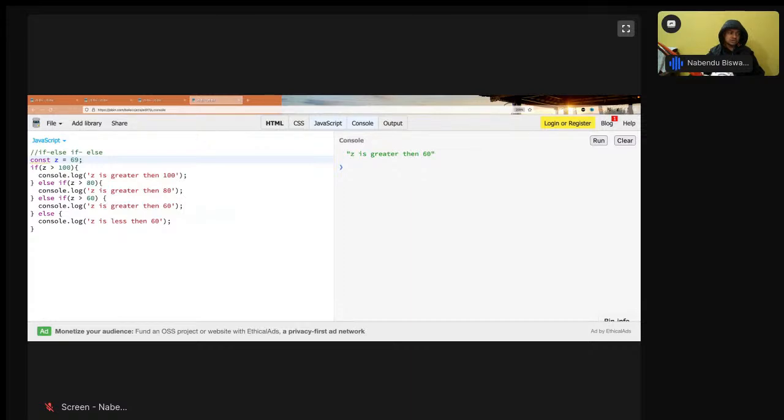Now this is known as else if. Now we have the or and and operators in JavaScript also, so that we can combine the if else statement. So let us learn about that. And or and